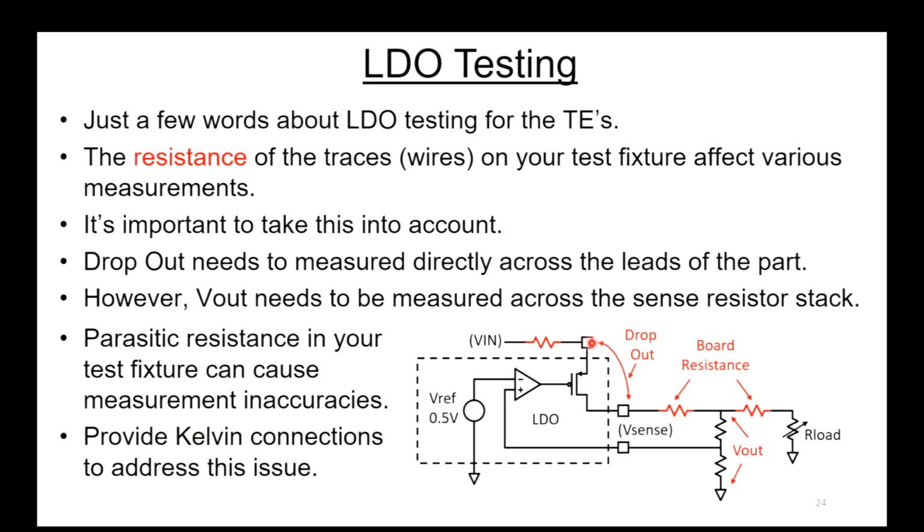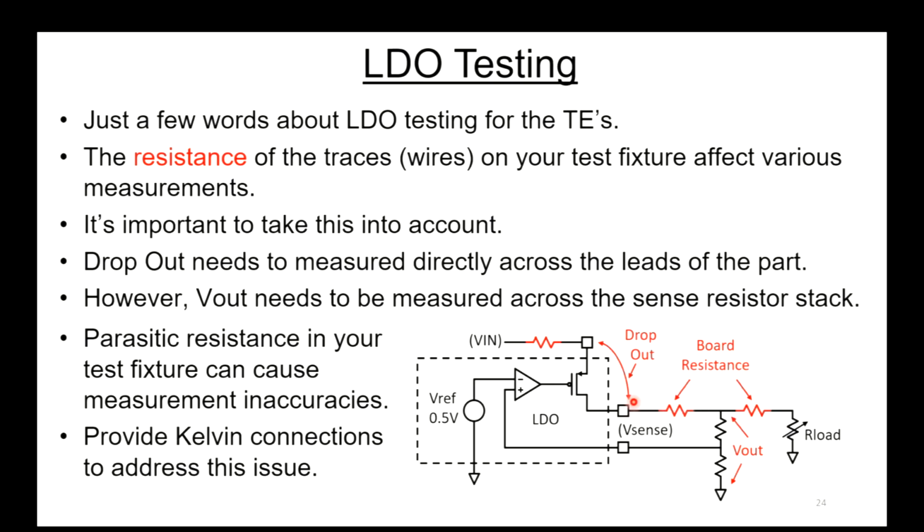So you want to measure dropout right from V in to V out, right across there. However, V out needs to be measured from wherever the sense pin goes. So you'd really like to measure it right across the resistor stack here. I'm assuming there's a big ground plane on your test board. And all these parasitic resistances in here that are your board resistance, they're going to cause drops and start causing